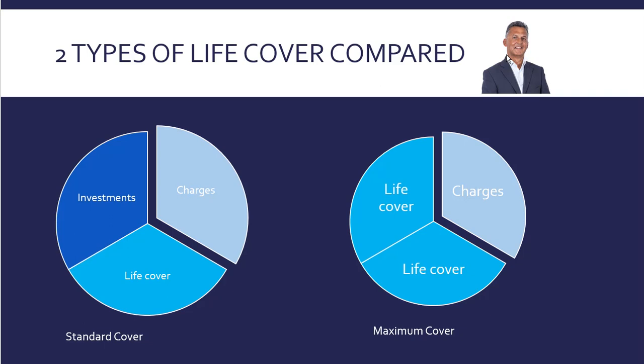Standard cover is put into place to pay out when the second person dies. In other words, a person would keep this plan until the second person died and pay for it that entire period, because you expect it to cover inheritance tax liabilities over and above £1 million. As we explained in previous videos, if the value of your house, your emergency cash, plus the value of your car and chattels and anything else you own is going to be over £1 million when you both die, and you can't see any way of getting rid of those assets beforehand while still maintaining your lifestyle, standard cover enables you to deal with that and pay an amount every month to cover that eventuality,